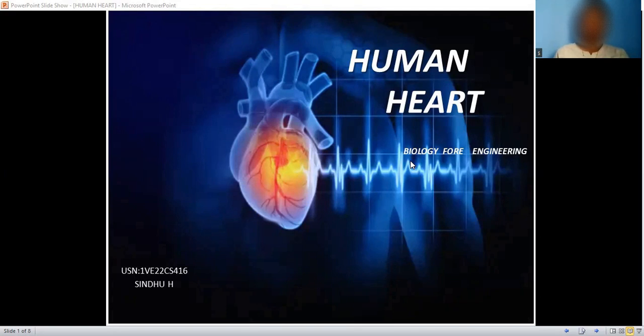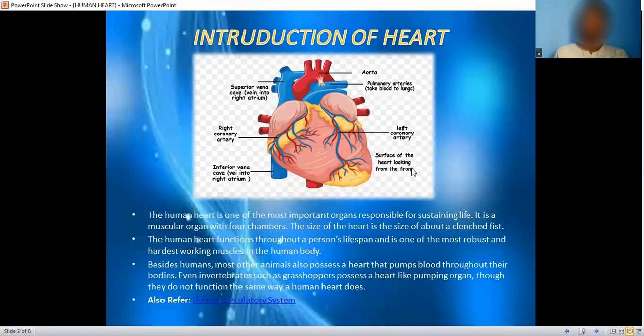My topic is human heart. Introduction of heart. The human heart is one of the most important organs responsible for sustaining life. It is a muscular organ with four chambers. The size of the heart is about the size of a clenched fist. The human heart functions throughout a person's lifespan and is one of the most robust and hardest working muscles in